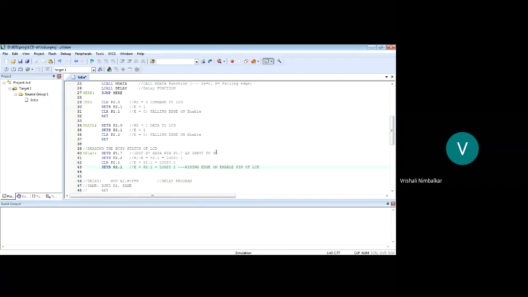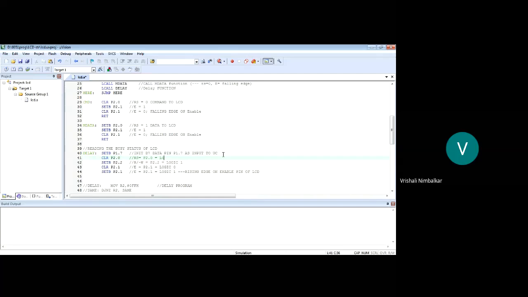And we need to do RS, right? What is RS? It's a command. So I need to clear that RS bit because we are getting command from that LCD. Clear. Where is RS connected to? P2.0. So P2.0 is cleared. So what did we do here? RS, what is RS? Connected to P2.0.